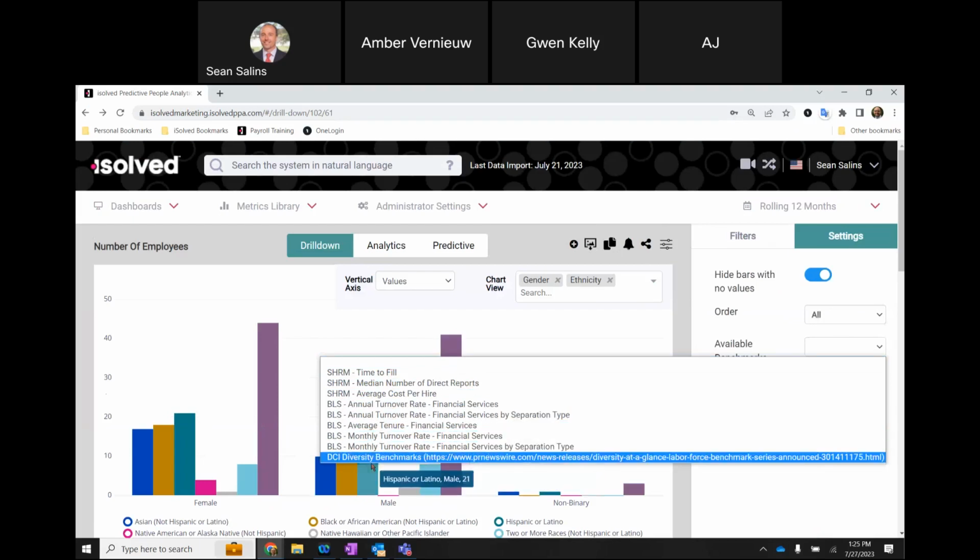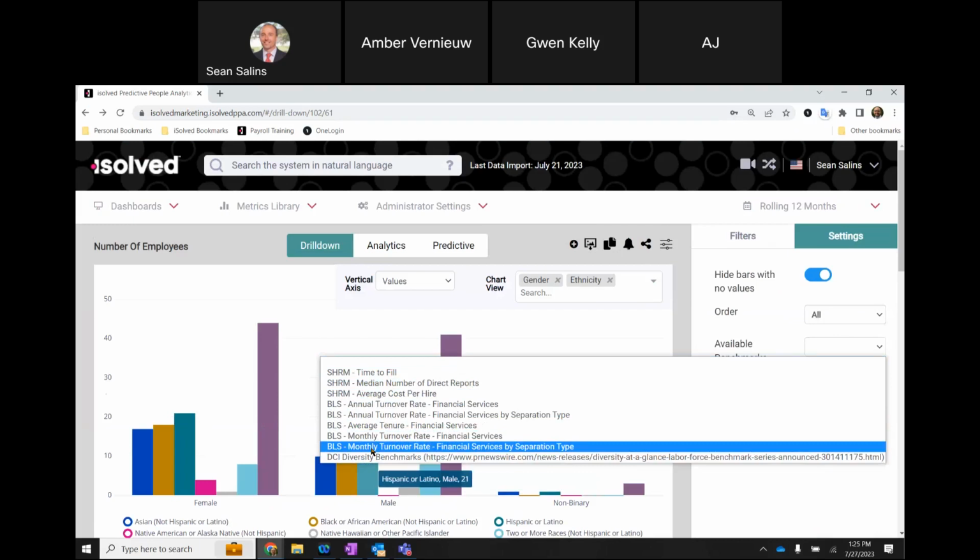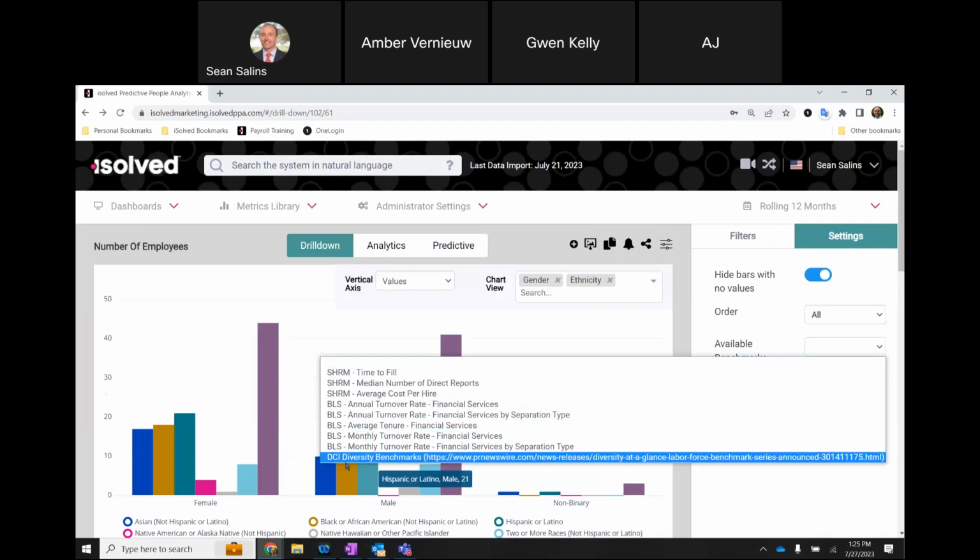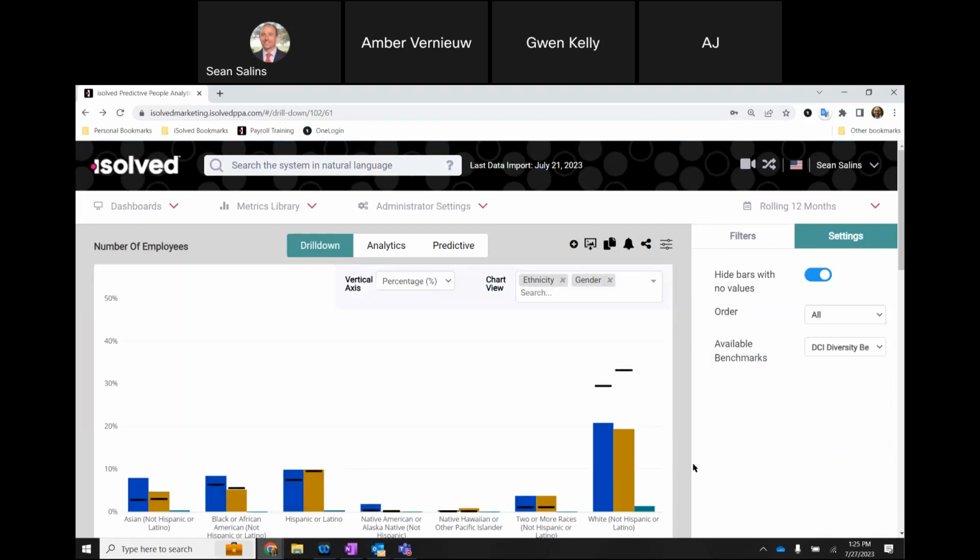But that said, we do have the ability for you to utilize third-party benchmarks like we're doing here with SHRM and BLS and DCI. And if I wish to apply those benchmarks, you can see how that's visualized here. I'm using DCI diversity benchmarking against my number of employees, and I can see where we are in comparison to that. So for our Asian employees, our male Asian employees and female employees and non-binary employees, we're actually above the benchmark for DCI. If we go over here to our white, non-Hispanic, or Latino male, female, or non-binary employees, we see that we're actually below the benchmark. So maybe we want to look at that more closely and how we can